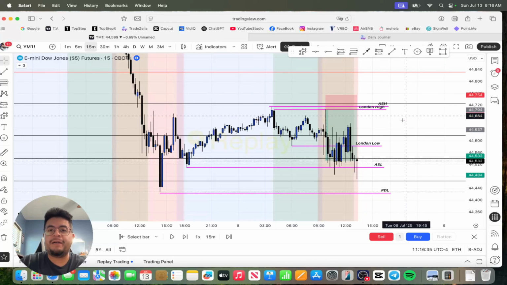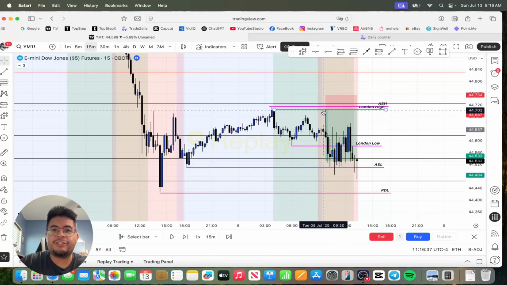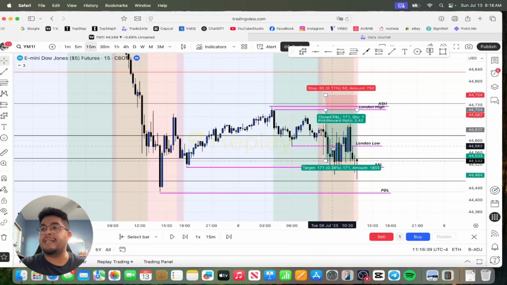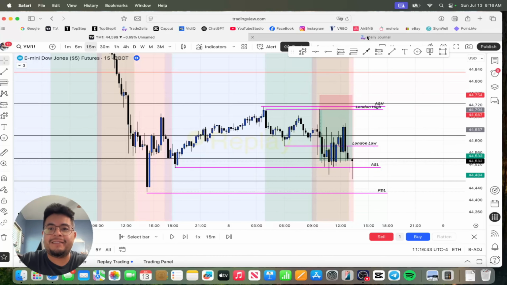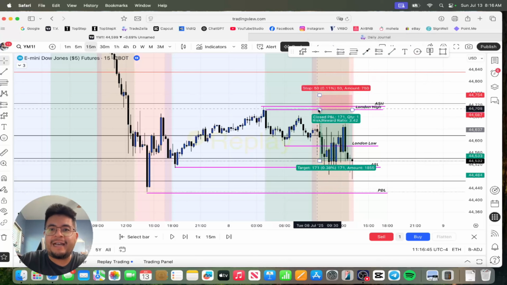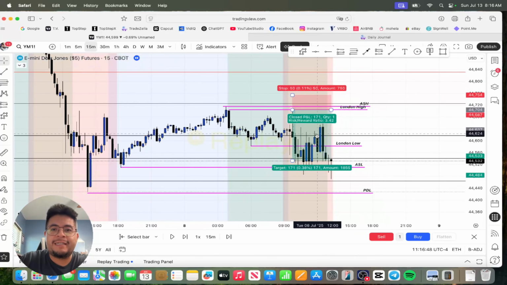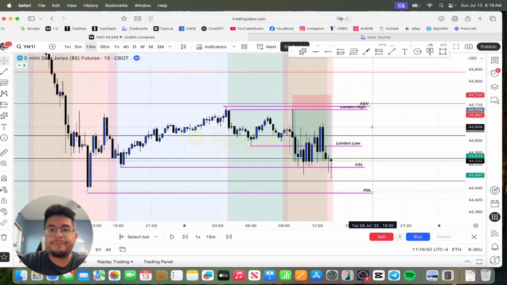So this is important. Remember, guys, how I said, oh, as soon as London high gets ran, there's probability of traders getting into the market. That was me, except I didn't realize that until I looked at my daily journal, my P&L, and I was that trader that got in at the London high. Now I could have got in at the London low, got a TP 2.5 and kicked rocks, but I'm kind